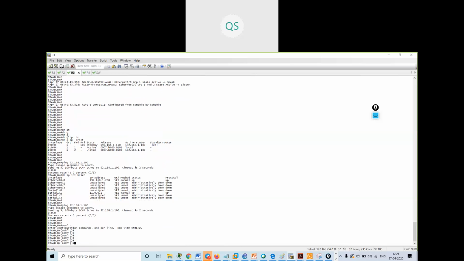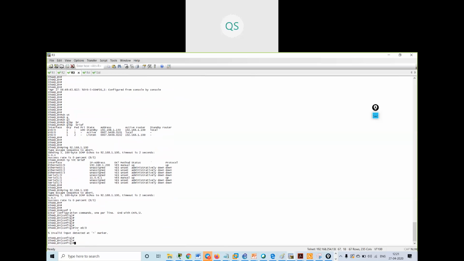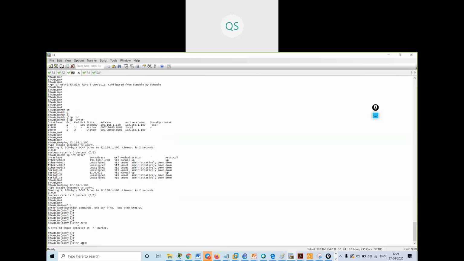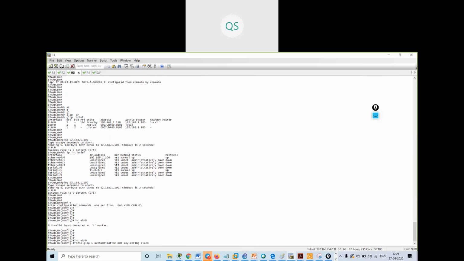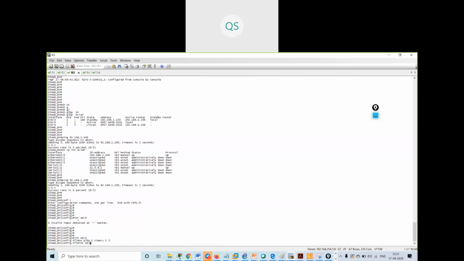Config T. I will remove all the configuration. I will do it again.